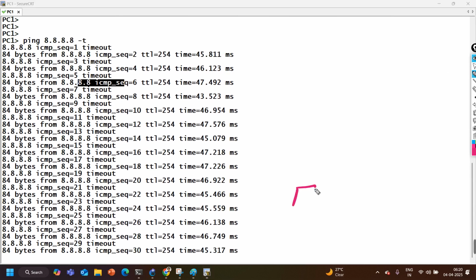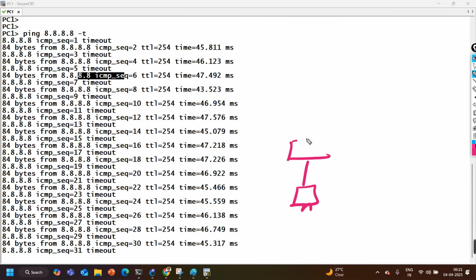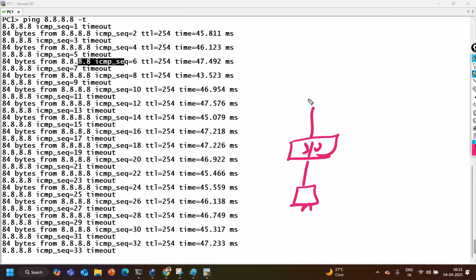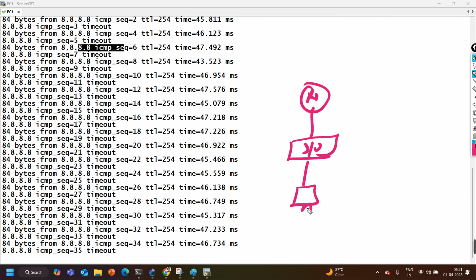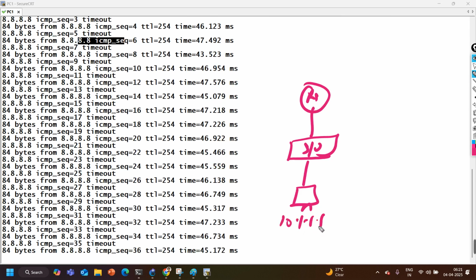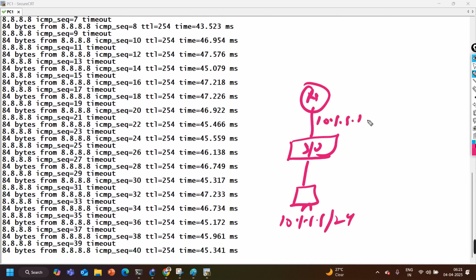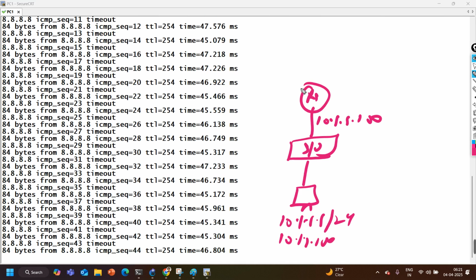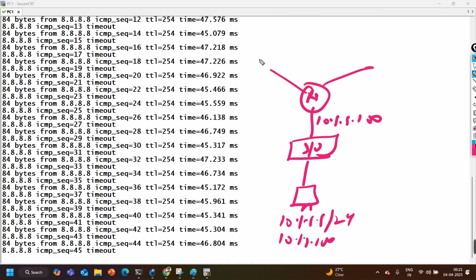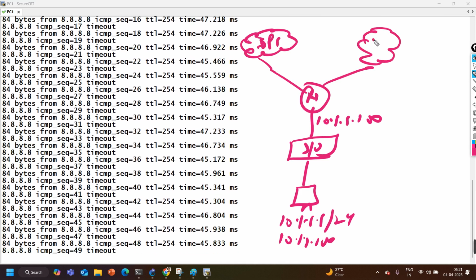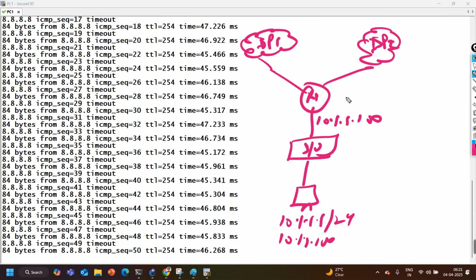There is one host. This host is connected to one switch, and this switch is connected to one router R1, which is the gateway. On the PC I am running IP 10.1.1.1/24, and on the router interface I am running IP 10.1.1.100, which is the gateway here. After that, this router is connected to two different ISPs, ISP1 and ISP2. And after configuring NAT on router 1 for load balancing, we started getting this output